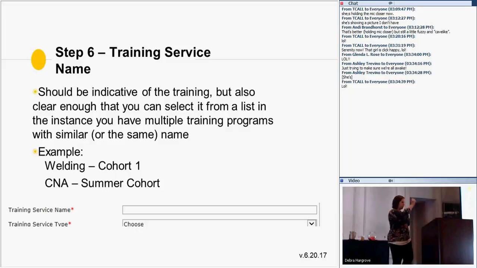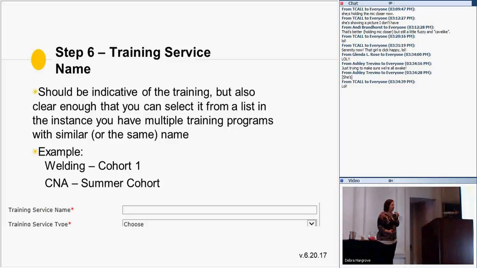Every instance of training is its own unique record. Meaning, if you have a cohort that starts in July, a cohort that starts in September, a cohort that starts in December, those will be three different records because they all have different start dates.